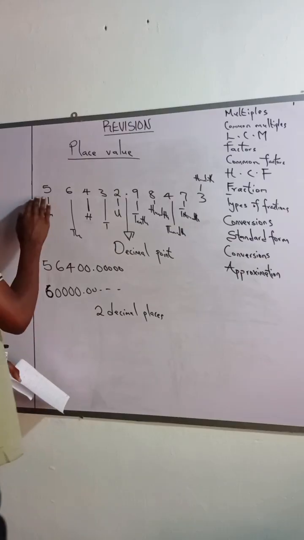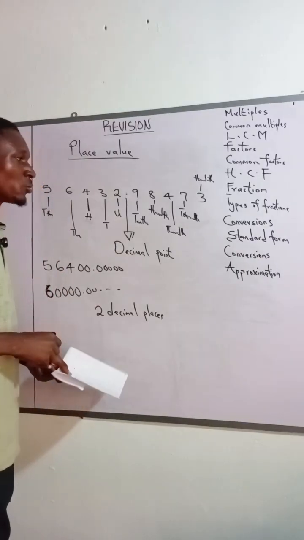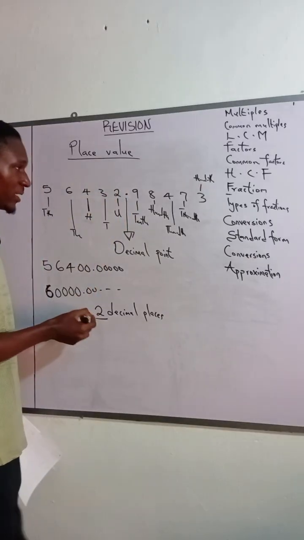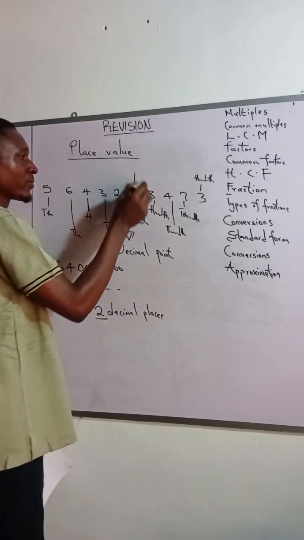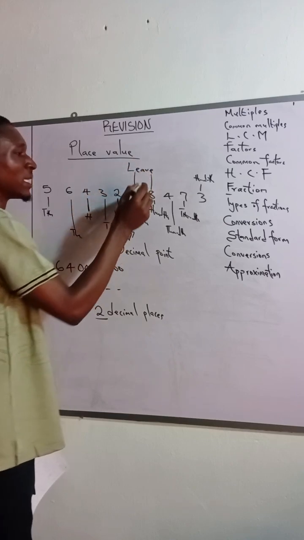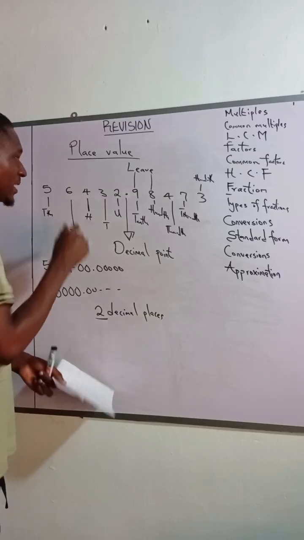Two decimal places means I'm going to write all these numbers and leave only 2 numbers after the decimal point. Where is the decimal point? Look at it. And then I'm going to leave 2 numbers, 1, 2. I'm going to leave these 2 numbers and then I will change the remaining ones to 0. That means my answer is going to be